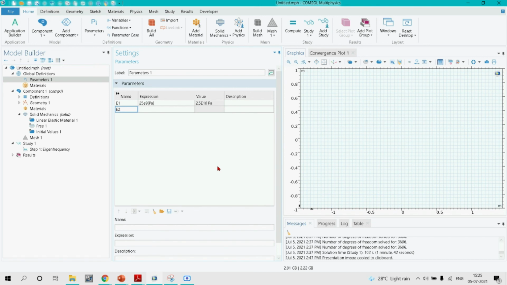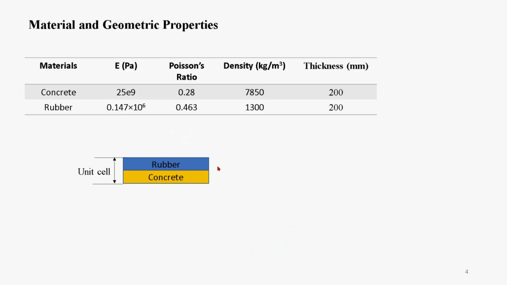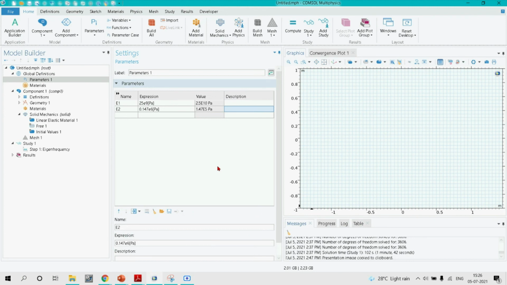And for rubber, it will be E2, 0.147E6 Pascal. You can see it here, it is 0.147 megapascal. Okay. And then let's define the densities as D1, 2300 kg per meter cube for concrete.